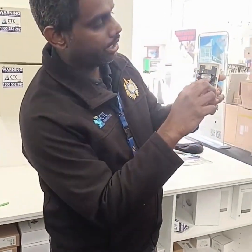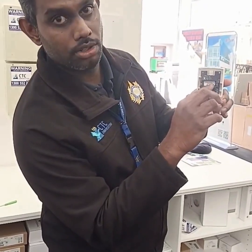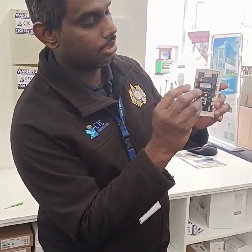Similarly, locate the polarity indicator on the sensor and then